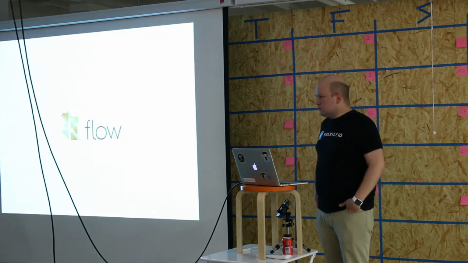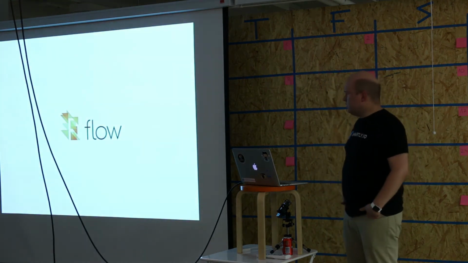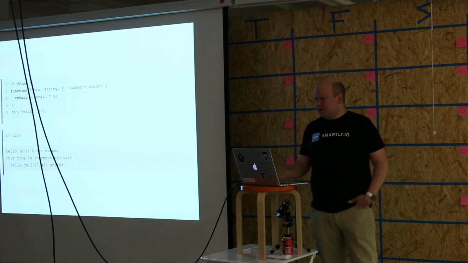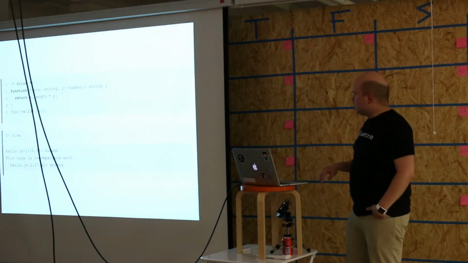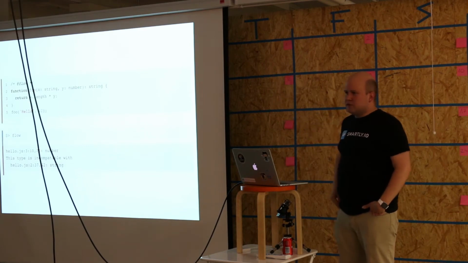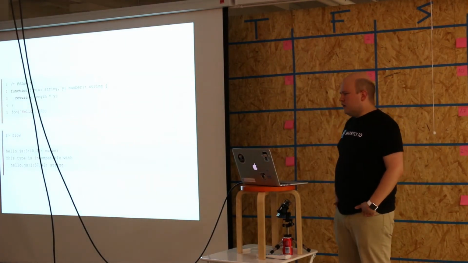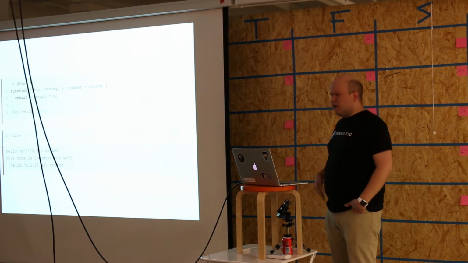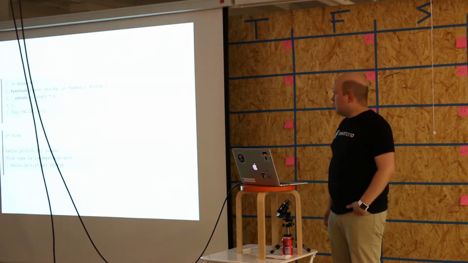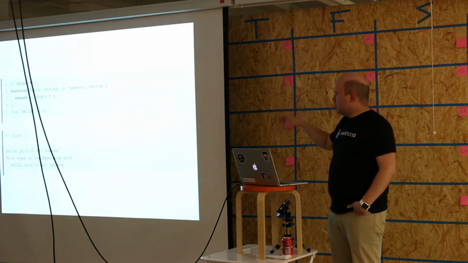Just a quick look at Flow. I've never actually used it myself, but based on my research when looking at this, and sorry, I just copy-pasted this from the Flow website, in many ways the syntax is very similar. So in the same way, you specify the types in your code. The way you define the types is a bit different. So if you have external libraries and whatever, it's a bit different, but otherwise it looks very similar.